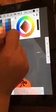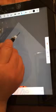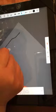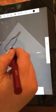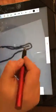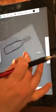Okay, so I'm going to draw like an alcohol bottle, or, let's see, I can't remember what she was drinking. But we can just do something like that. We can take the eraser and I can get in there and I can erase where I had to go over here, so get rid of that line. Okay, and then I might